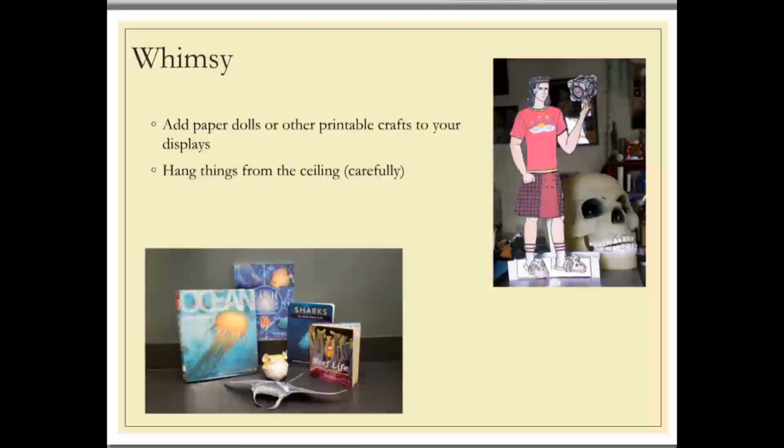Another fun thing that we can do with book displays is to add whimsy to it. Paper dolls are always fun. This guy on the upper right here, that's a Hamlet. There's a website, Cheer Up Hamlet, where you can download paper dolls and add them to your relevant book displays. Also, in the bottom left here, we've got books about oceans and fish. And our summer reading theme this year is Under the Sea. So we are going to be doing a lot of ocean